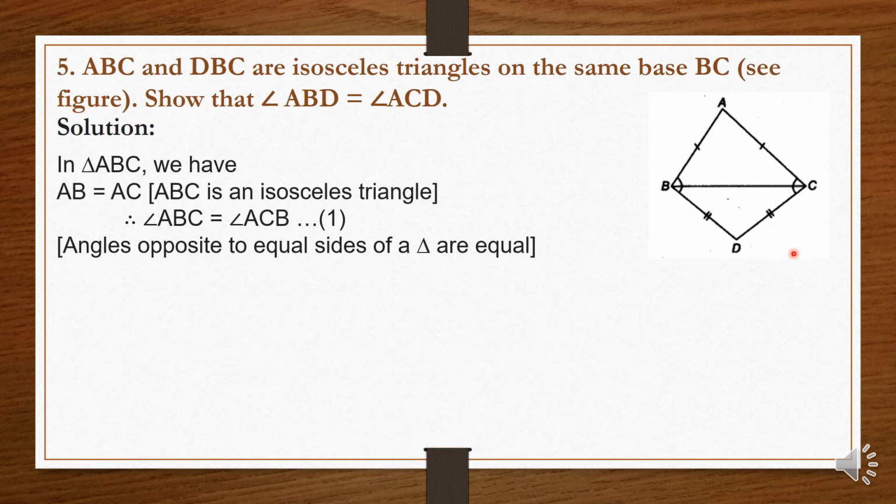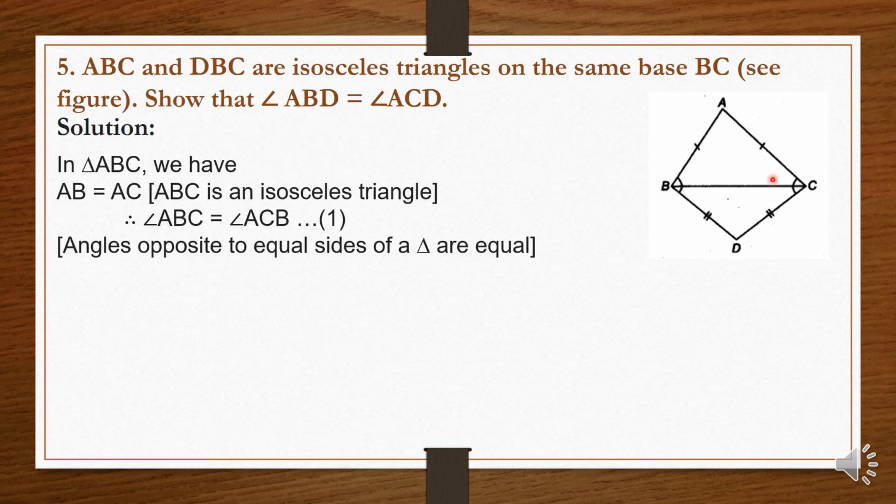So from the given condition, here we can see that in the diagram only it is given that AB is equal to AC and BD is equal to CD. Since AB equals AC, using the theorem for isosceles triangles, we can also say their opposite angles are also equal. Therefore in triangle ABC, if AB equals AC, their opposite angles, this angle and this angle, are also equal